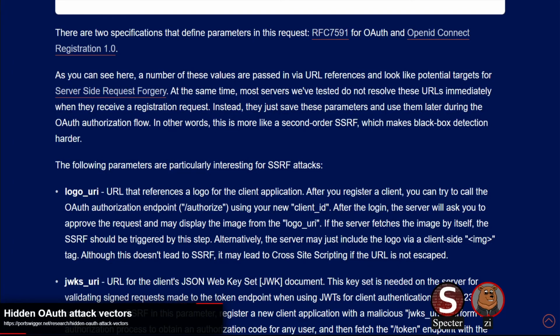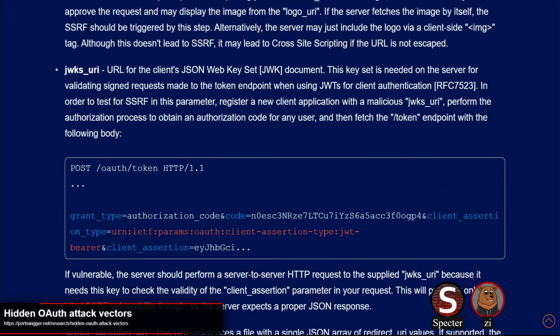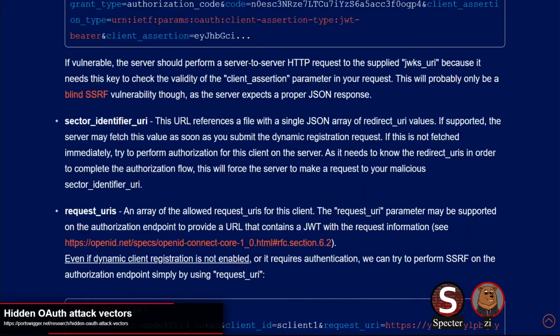So in Mitri ID, that logo URI that I mentioned, it'll basically proxy that to the user, which also means that you're able to get cross-site scripting through that logo URI because it doesn't enforce a content type header. But then they also suggest you could look at getting server-side request forgery through that JSON web key set document that gets requested. I don't think they actually found that as an issue in the Mitri ID.